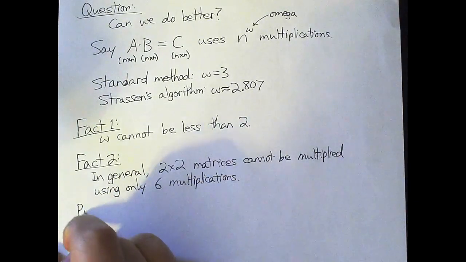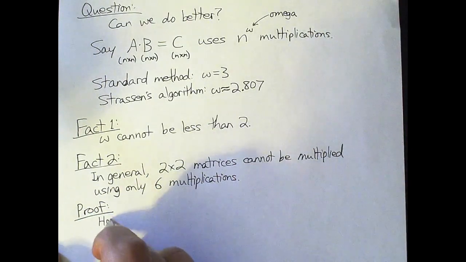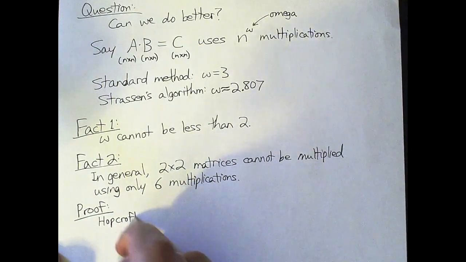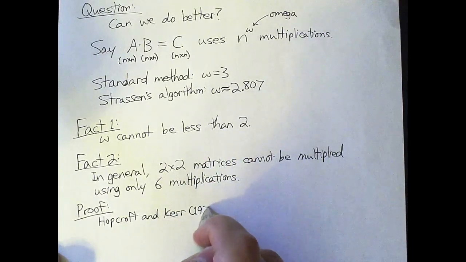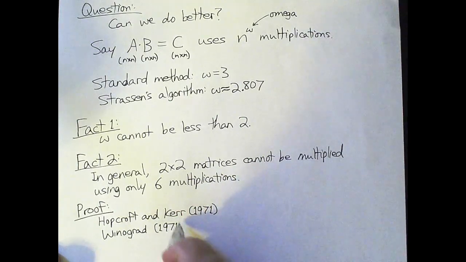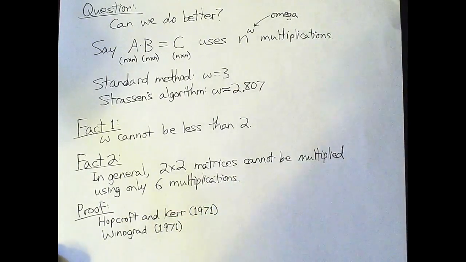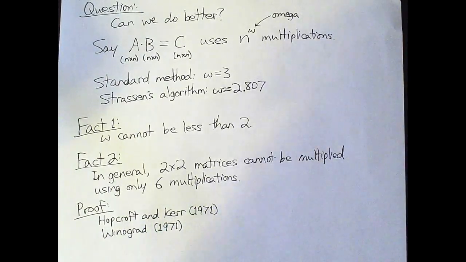The proof of this, there is a proof by Hopcroft and Kerr from 1971, and also by Winograd in 1971. So Strassen came around with his method in 1968, and people started wondering, like, can we do this with only 6? And it was found that no, it is not possible to do with only 6. So this means